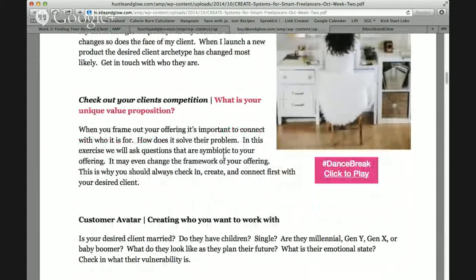Check out your client's competition. What is your unique value proposition? Think about it. What is the point of difference between you and the business next door? If you are the same type of business, what is your point of difference? You want to convey that in your value when you're talking or thinking about really honing in on your desired